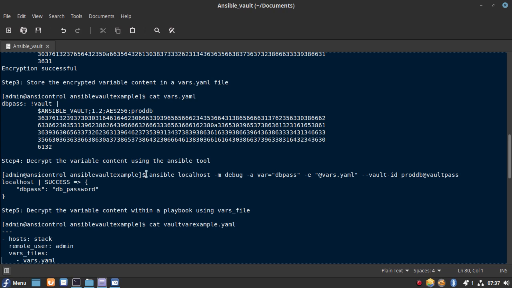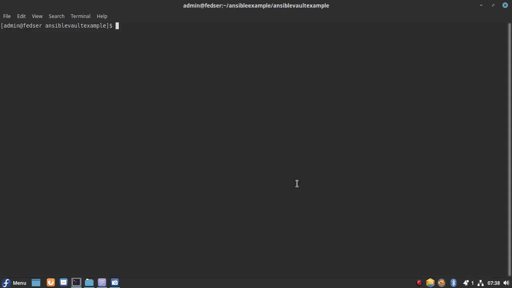What we will do is run the debug module, and we will pass this file which has encrypted content, and we will pass the vault id. Basically it is a reference to our password file and the label that we want to actually decrypt. Let me try to run this command.